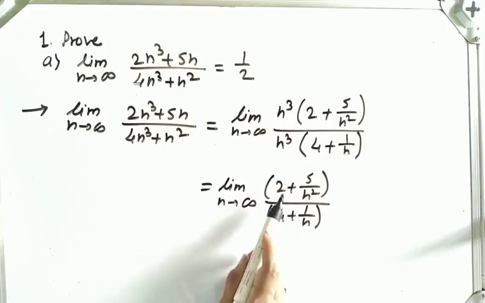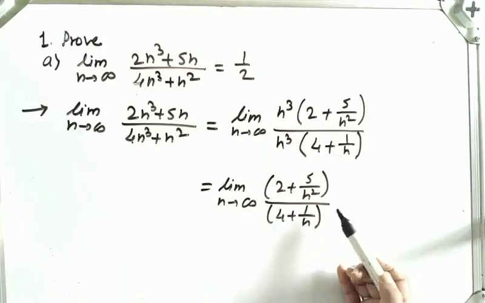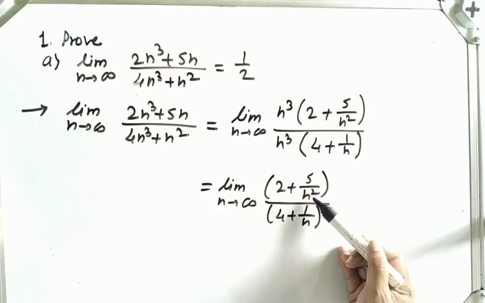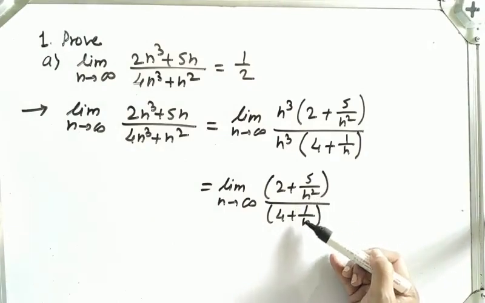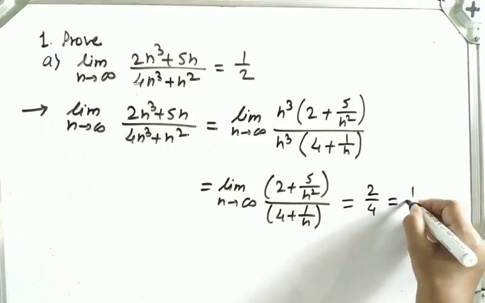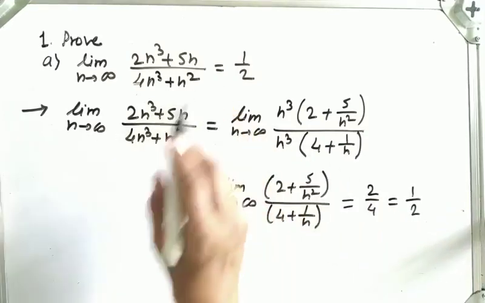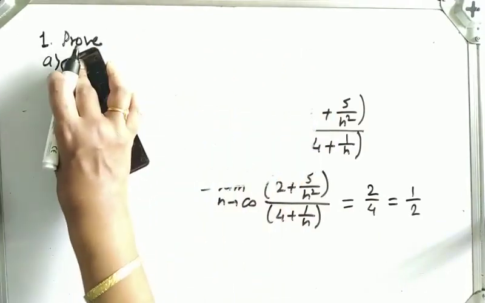After applying the limit, these are constants, 2 and 4 will be as they are. And after applying the limit to 5 upon n square, it will be 5 upon infinity square, that will be 0. 1 upon infinity will be 0. So the answer is 2 upon 4, which is equal to 1/2, which we have to prove. Okay, that is A. Now B is in